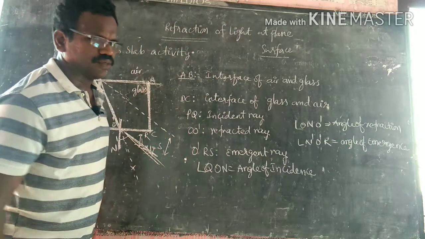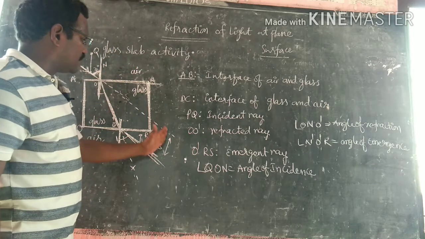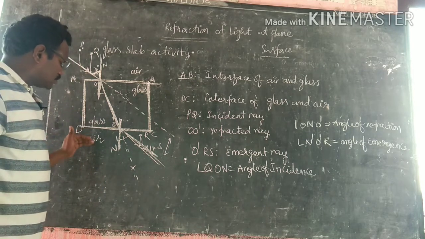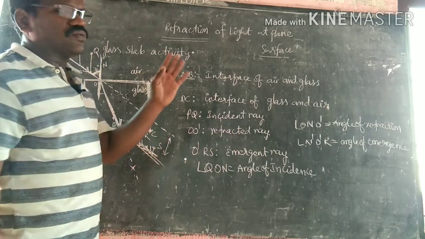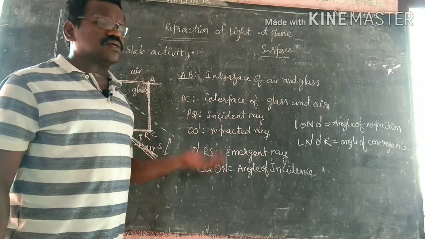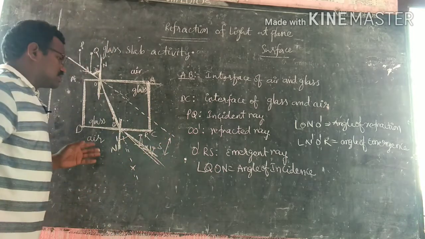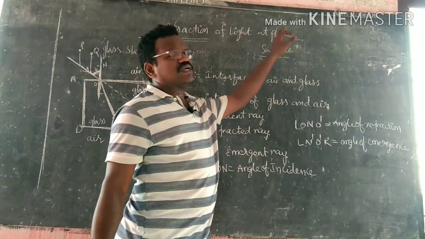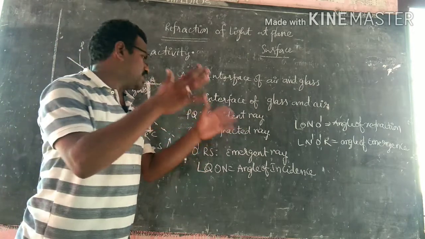In this case, if you observe, when the light ray travels from air to glass, it does not travel in a straight line, it is deviating. Whenever the light ray travels from glass to air, it is again deviating from a straight line. This phenomenon we call refraction of light. Why? Because the light, instead of traveling in a straight line, is deviating from its path. That process is called refraction. Where does the process of refraction take place? At a plane surface. So this is refraction of light at plane surfaces.